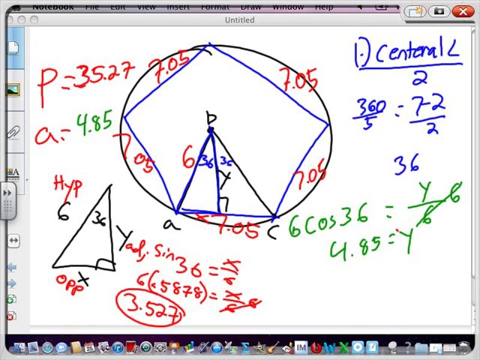Now we still have to find our area. The area of the